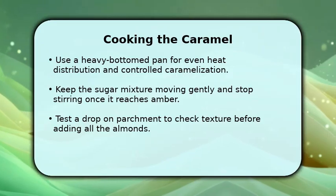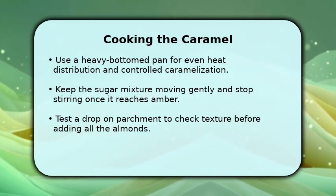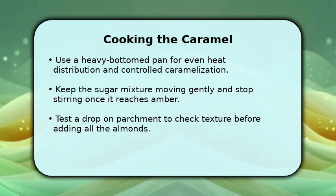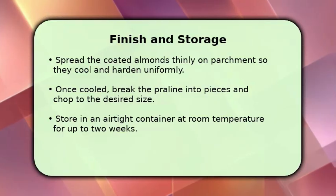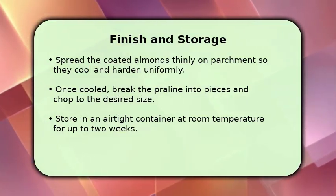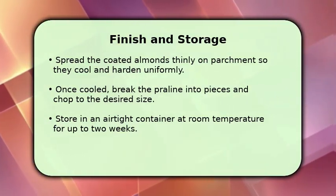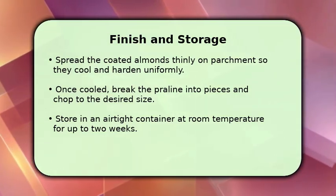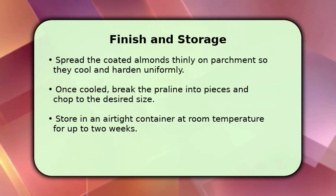When it reaches color, immediately add the almonds and fold them in so each nut is evenly coated before spreading on parchment to cool. After spreading the coated almonds, let the slab cool completely before handling to prevent sticking and burns. Use a sharp knife or rolling pin to break the praline into chunks or pulse briefly in a food